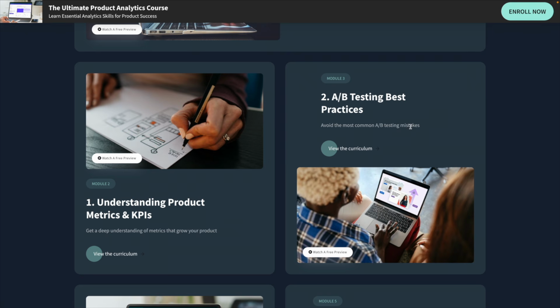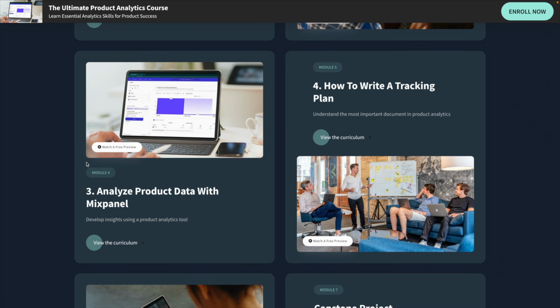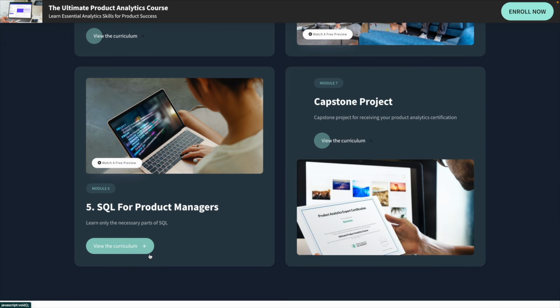It tells you how your metrics should be set up for a split test, as well as common mistakes to avoid. This is the area we didn't cover in this video. And then there's a section on report building, which digs deeper into Mixpanel, showing you how to calculate product retention and building user cohorts. Then there's a section on tracking plans that covers things like user properties and how to incorporate tracking plans into a product requirements document. And finally, there's a section that teaches you SQL, but just enough SQL for a product manager or product analyst